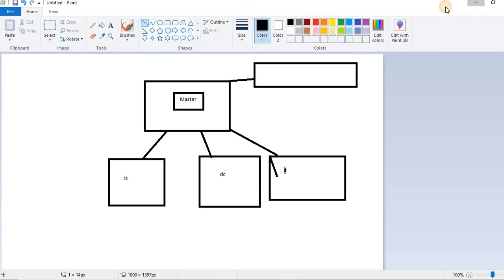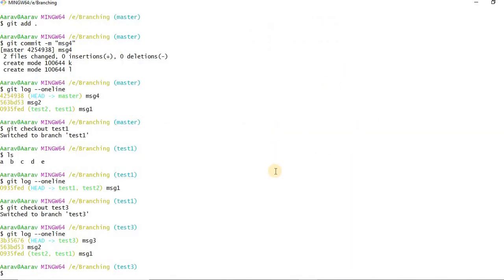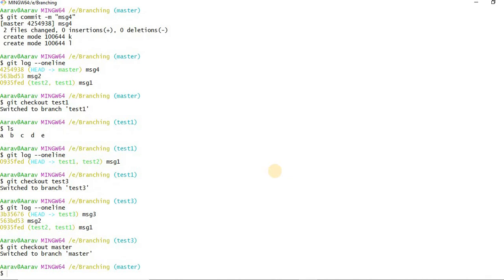Okay, so now let us see one more thing. Git checkout master. Now let's try to delete some branch. But before that, let us try to merge it. How to merge?